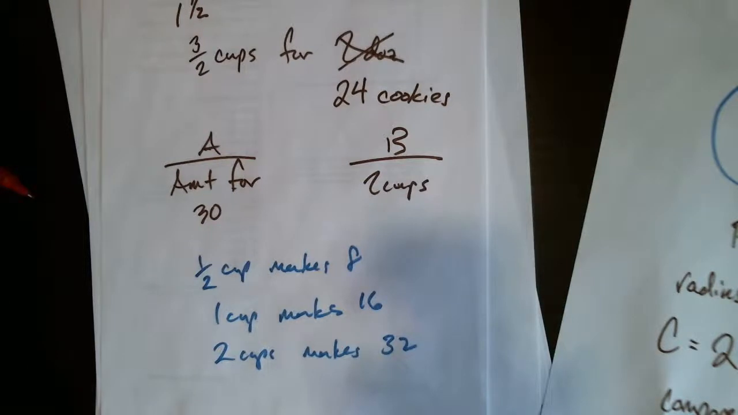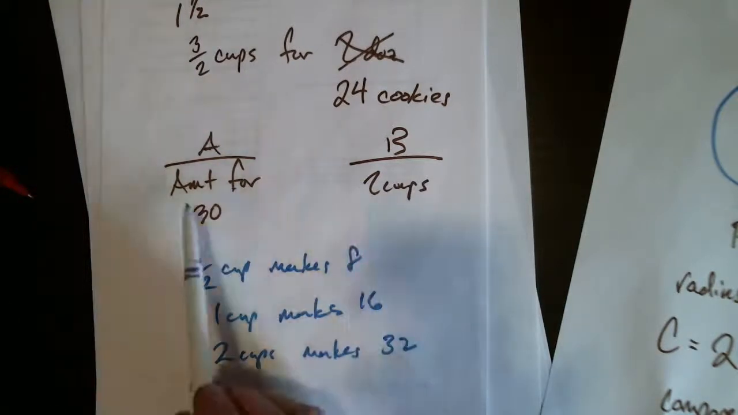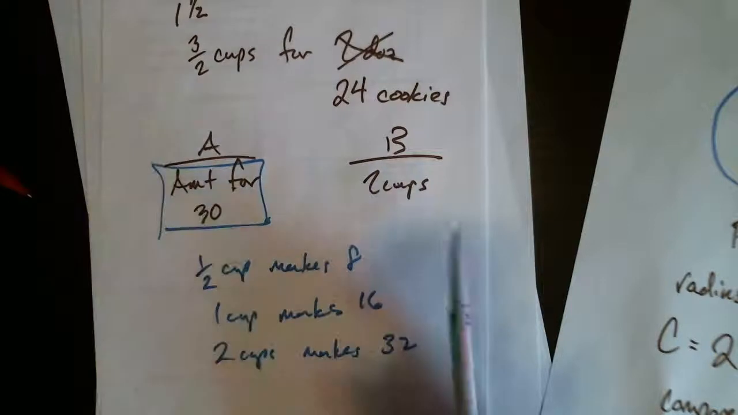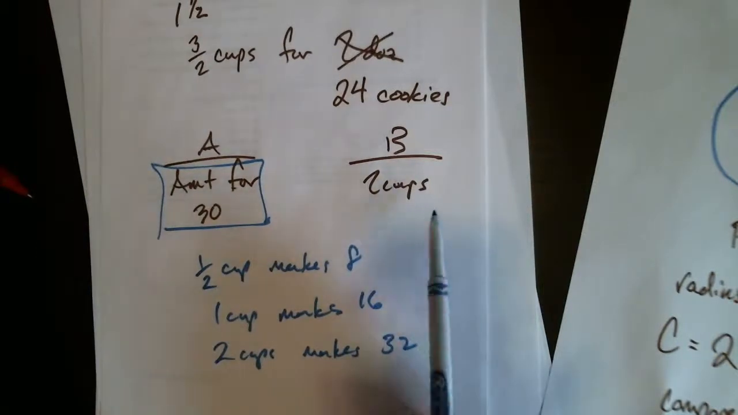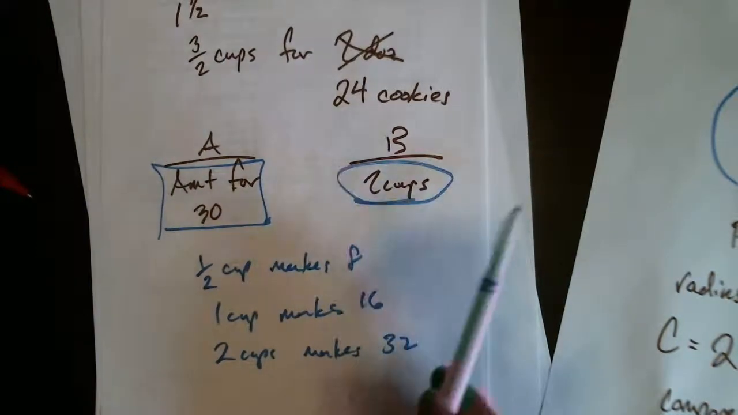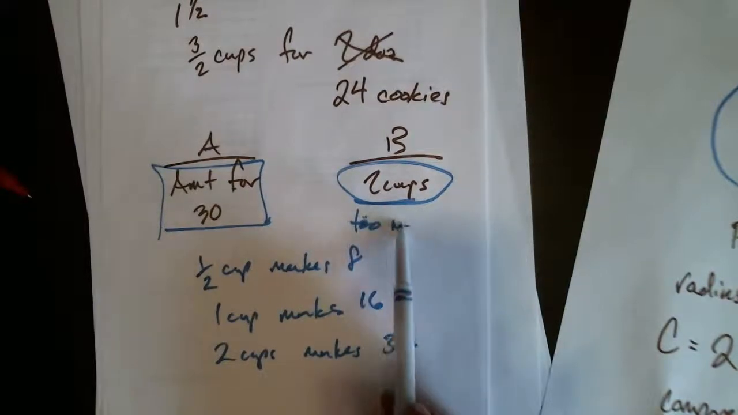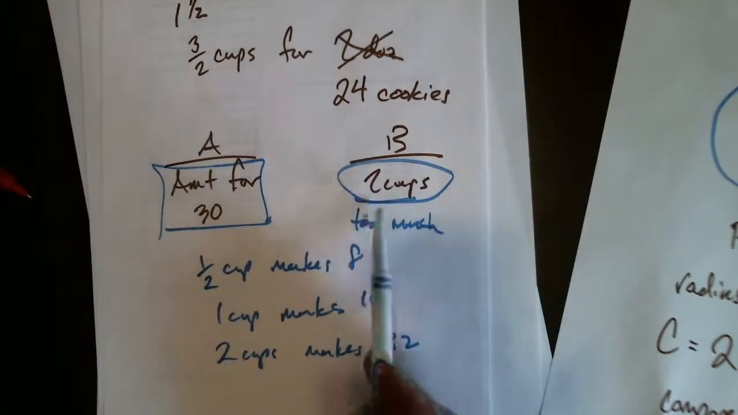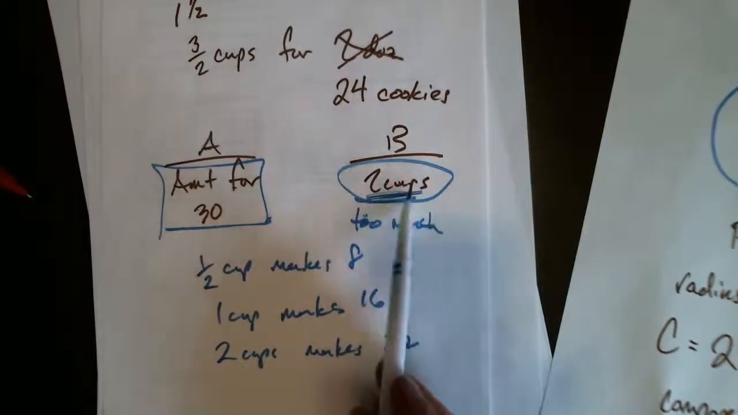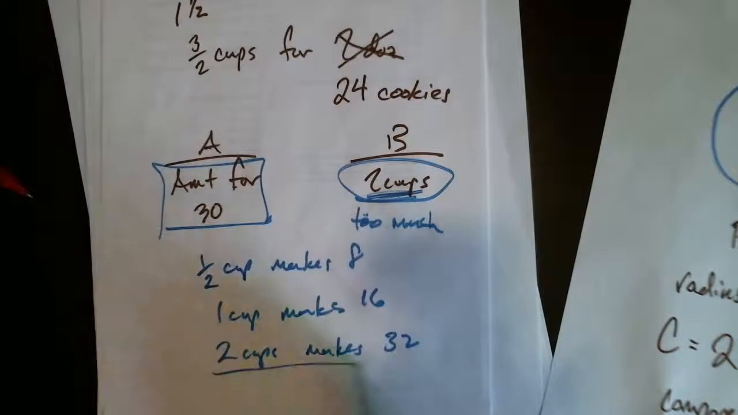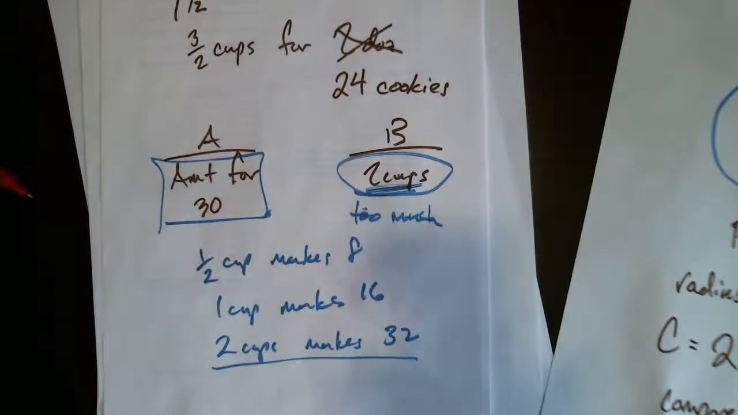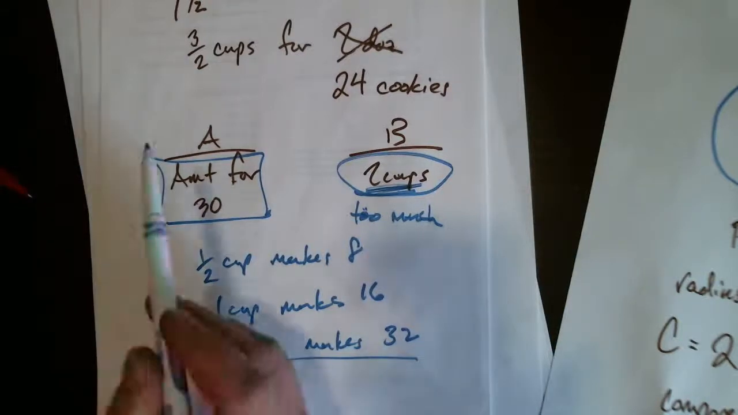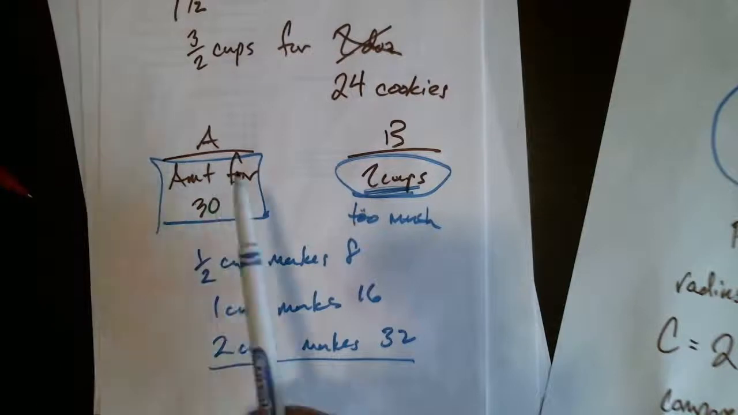Because if I need to make 30 cupcakes or cookies, whatever it was, this is too much, right? Because 2 cups makes 32. So instead of working with the other column, I think lots of times